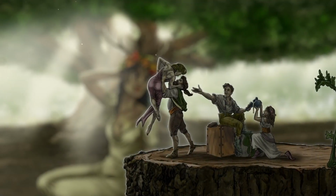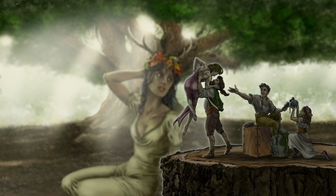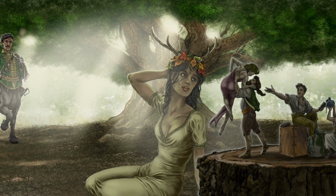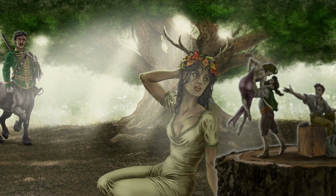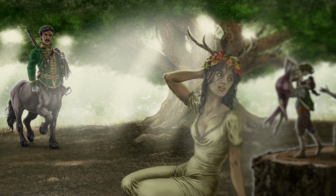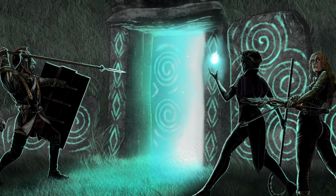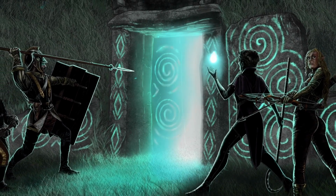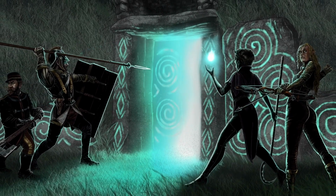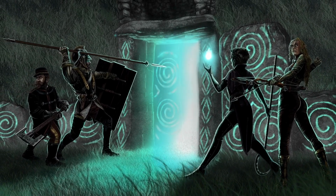It is a world, however, in which the Fae have developed alongside humanity, and while in many ways they are similar to how they appeared in fairy tales, in other ways they are also advanced in a similar fashion to humans. This means that as well as finding fairies and dryads living in nature, you will also find centaur cavalry and dwarven riflemen. The world of Fey Earth is one in which most people try to avoid the Fae, treating them with a healthy respect at a distance. But you will still find people who wish to adventure, exploring abandoned Fey mounds, hoping to find treasure and lost